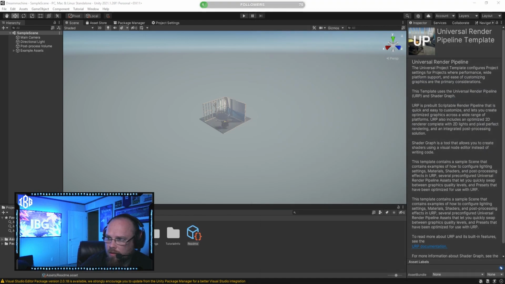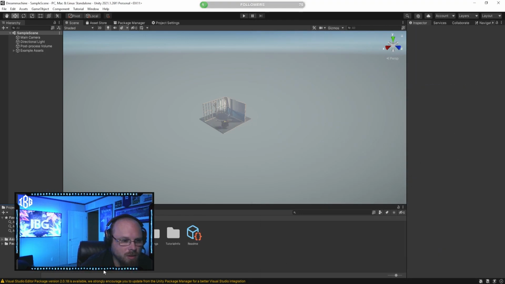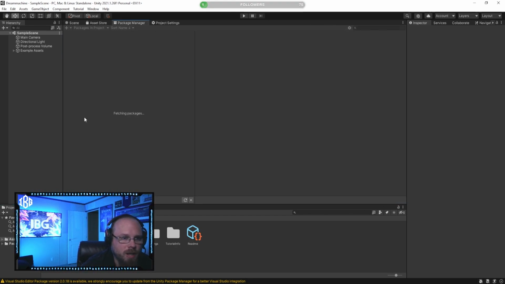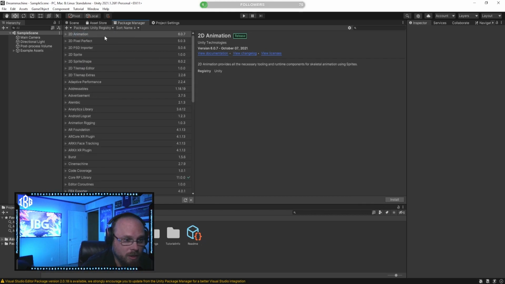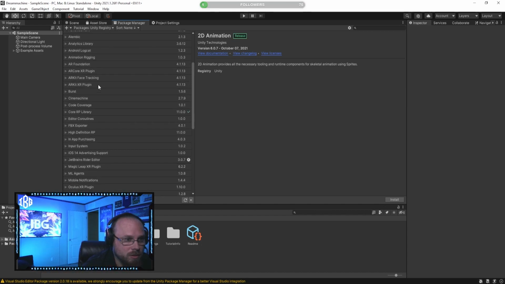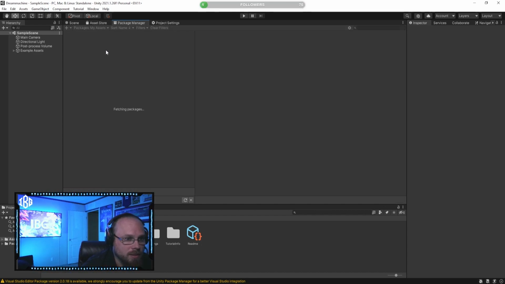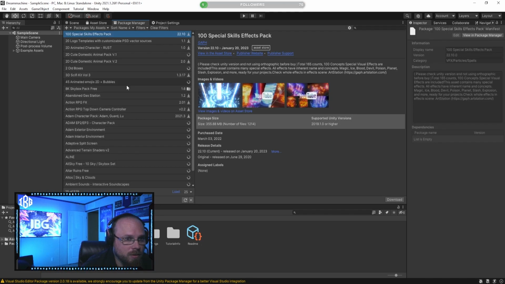Alright, this is taking a good amount of time. Alright, so here's what we got going on. I'm going to immediately go into the package manager. I'm going to start installing some of these packages that we talked about. And just to start off, I usually right away go down here and go to Unity registry. Actually, never mind, I'm going to go to my assets. This is everything that I own, which is quite a bit. Like I said, I'm definitely a fan of